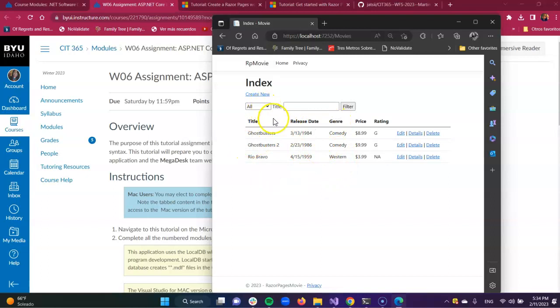And also we can filter this index. Okay, so if I want to see only the movies that are comedies, I can click here filter, and we have only the comedy movies, or by title also,